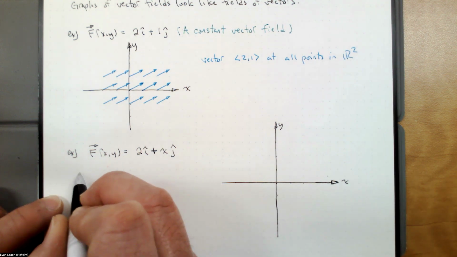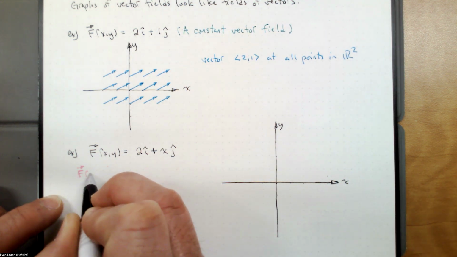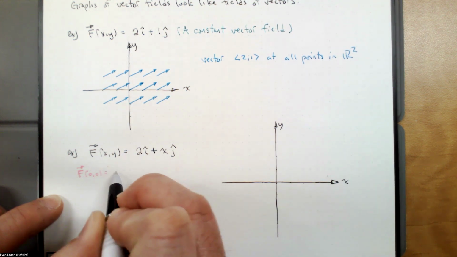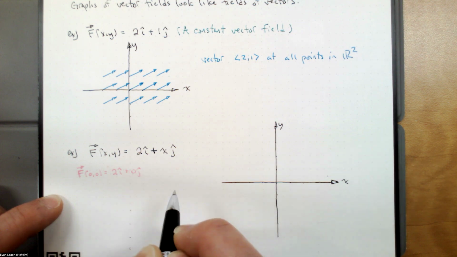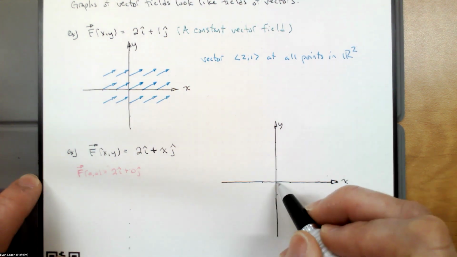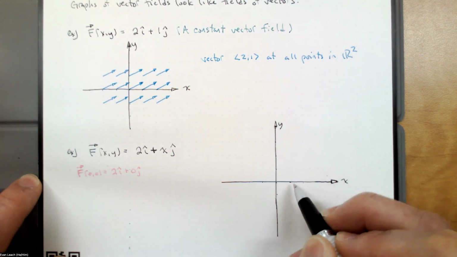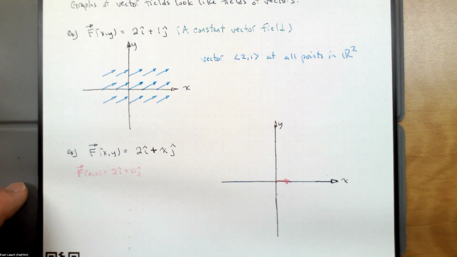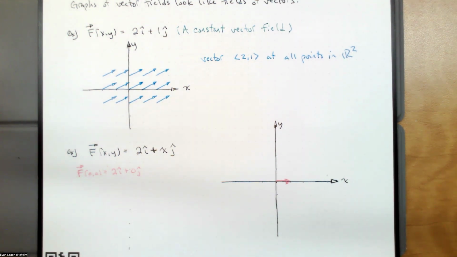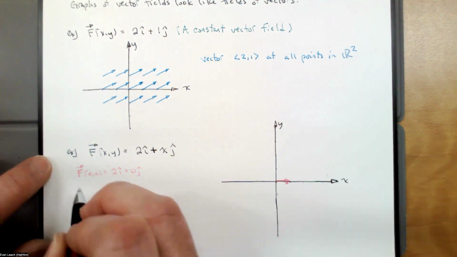So if we evaluate this vector field at the point 0, 0, we get 2i plus 0j. So at the point 0, 0, I draw 2i plus 0j, this vector. That's the output there. If I evaluate this vector field